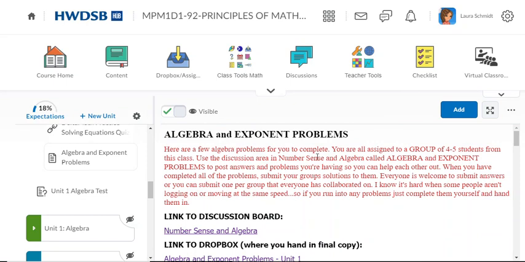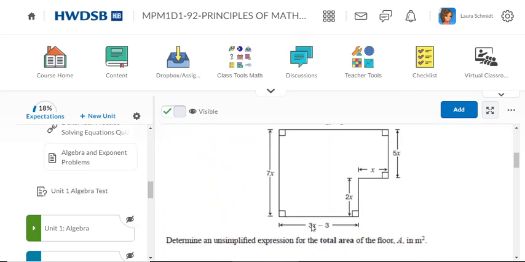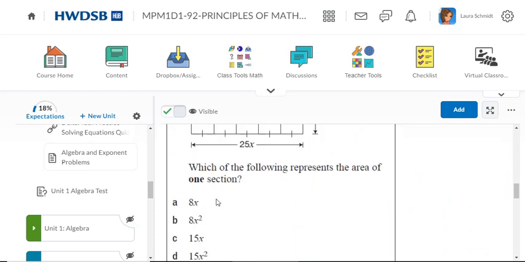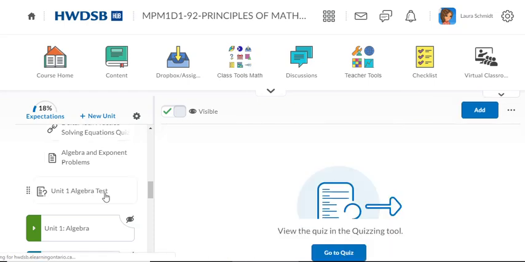Okay, so then once you hand that in, I think that was due yesterday if you're completely on track in the course. If not, just try to get it done this week. And if you have any problems with these questions, let me know. And then finally, our goal is to get this Unit 1 algebra test done